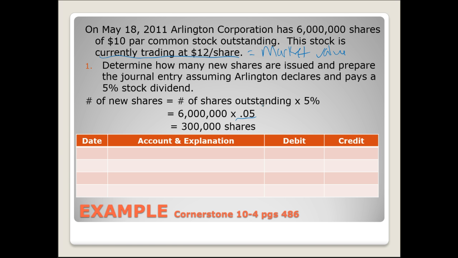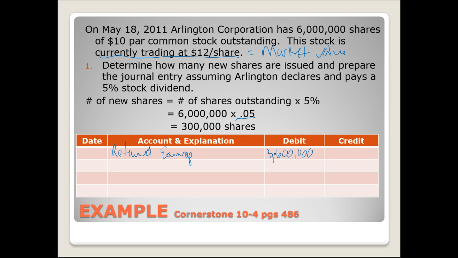Well, as of that date, Arlington Corporation is going to be decreasing retained earnings because it's a dividend. Remember, when a company issues a dividend, it's decreasing its own retained earnings by issuing those dividends, and it's going to do so to the tune of $3.6 million. Where did we get $3.6 million? Well,